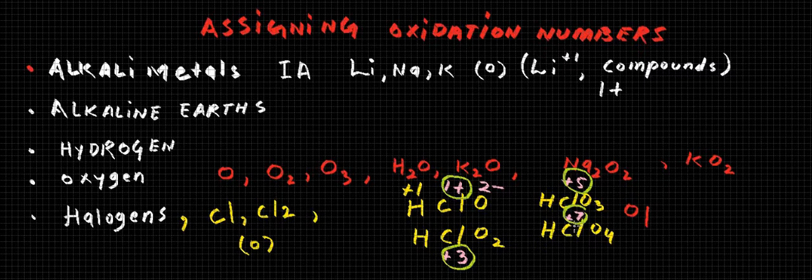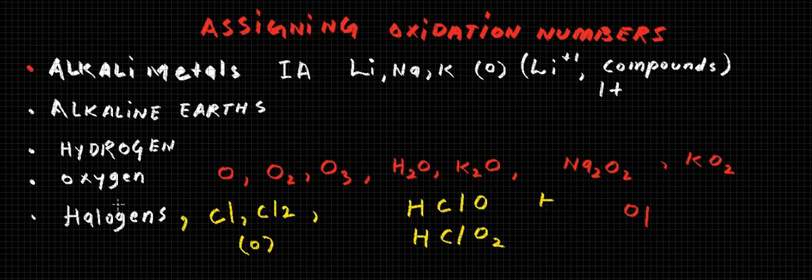So this is the overall concept of assigning oxidation numbers to the elements which most frequently occur in compounds: alkali metals, alkaline earth metals, hydrogen, oxygen and halogens. If we speak about other compounds,